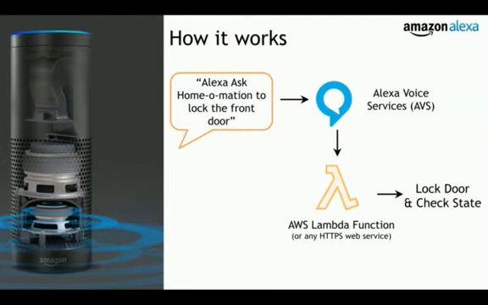The cadence or the structure has to be Alexa, ask, and then the name of the skill. So in this case it would be Alexa, ask home automation to lock the front door. And what happens here is that audio gets sent to the Alexa voice service, and using some metadata and a